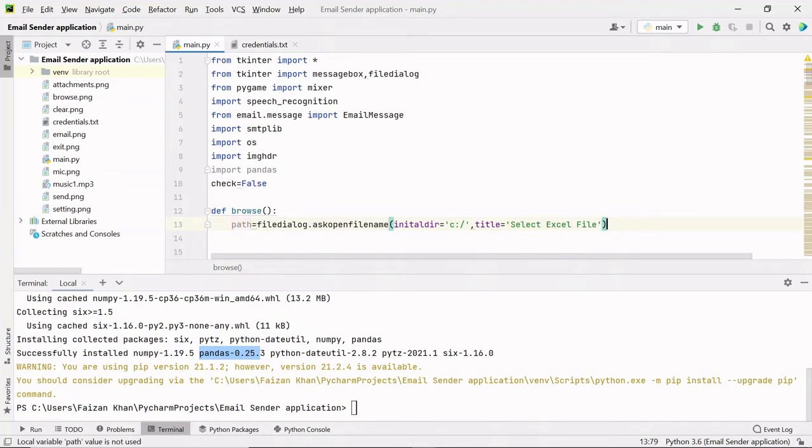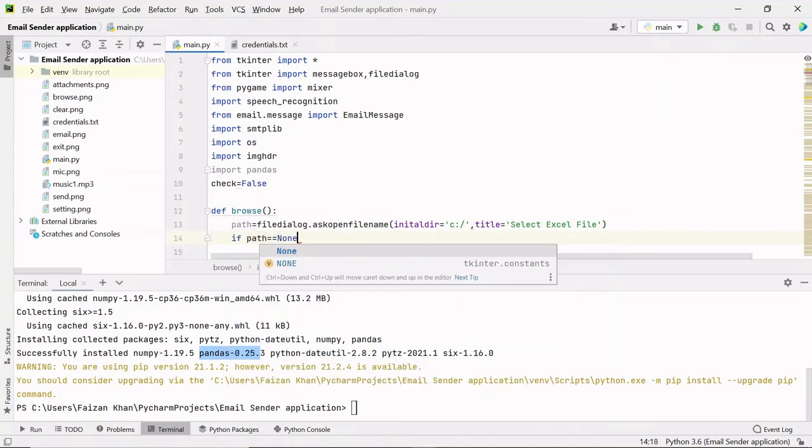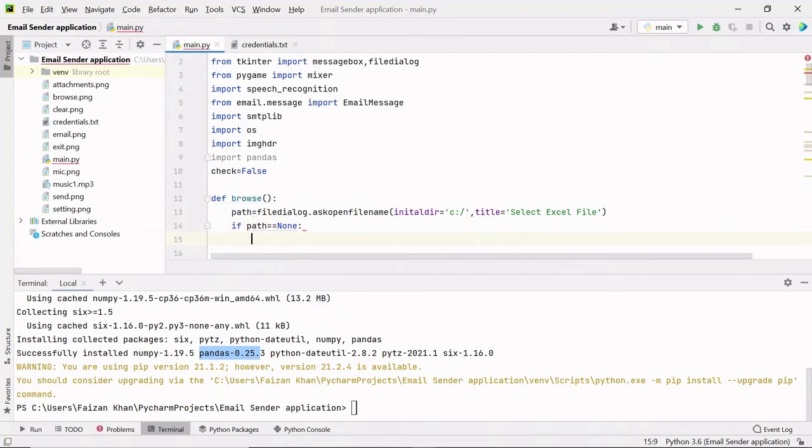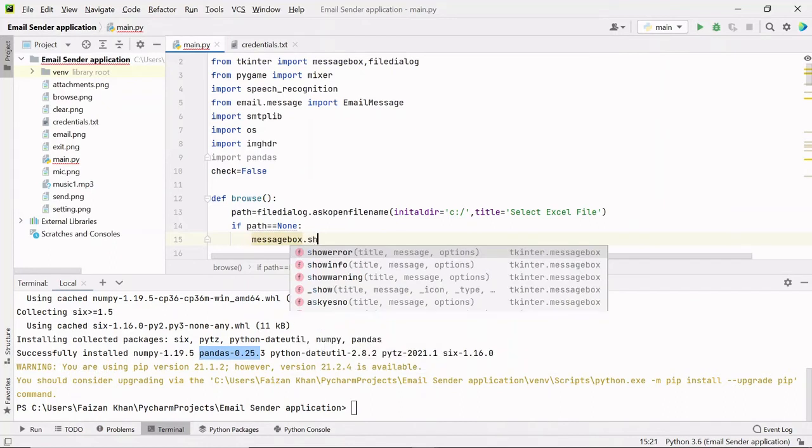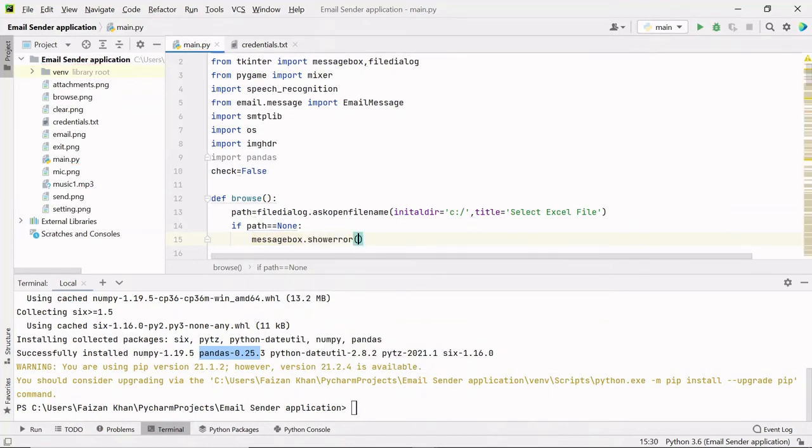So I'll first check if this path variable is storing None, meaning there is nothing inside it. I'll simply display messagebox.showerror, the title will be "Error", and the message will be "Please select an Excel file".